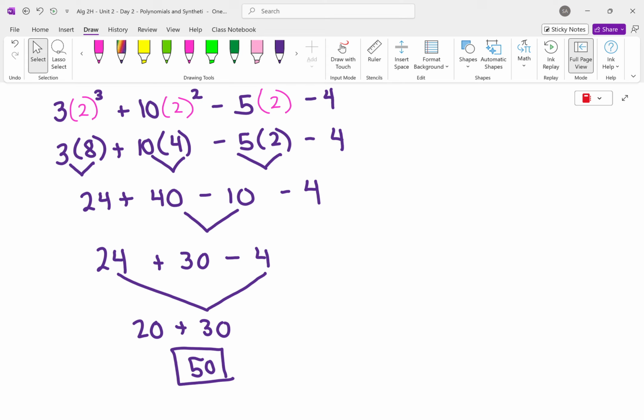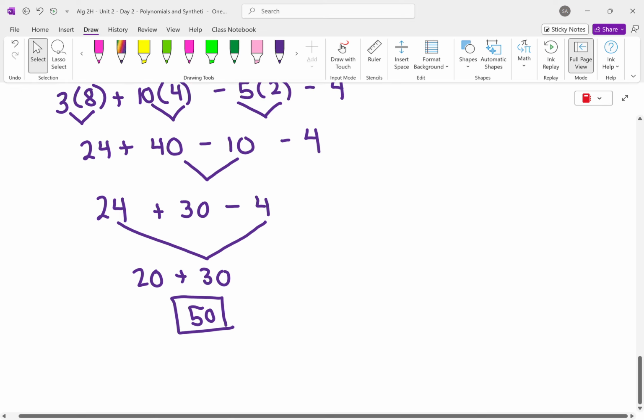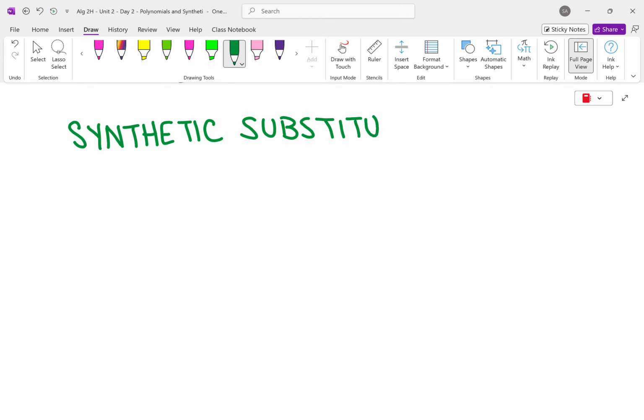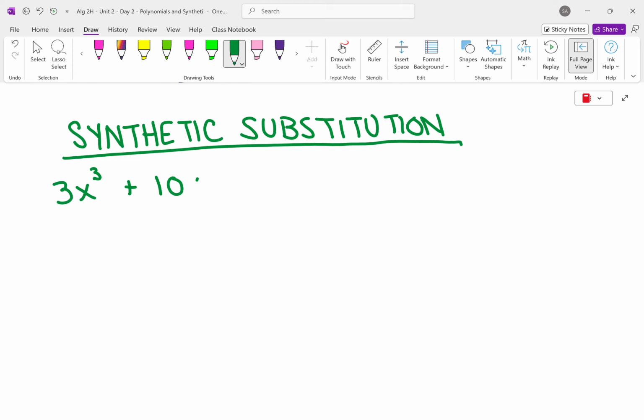Okay, so this is called direct substitution. This is what you've been doing probably since middle school. So now I'm going to show you something called synthetic substitution. Take the same exact problem,